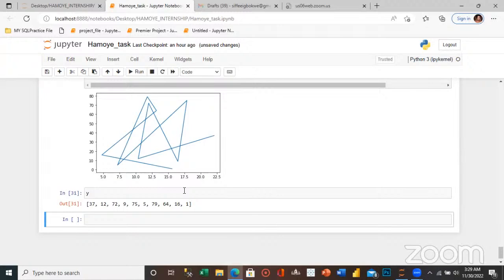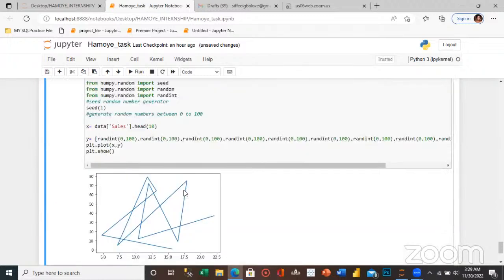This 72 is between 0 to 100. The same thing with 9, 75, 5, 79, 64, 16, and 1. And if you count this number: 1, 2, 3, 4, 5, 6, 7, 8, 9, 10. So what I'm trying to create is, as I said,